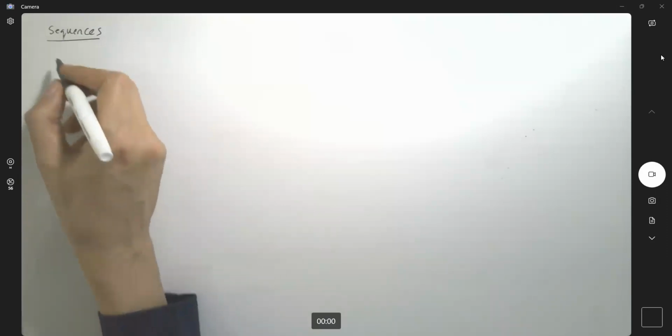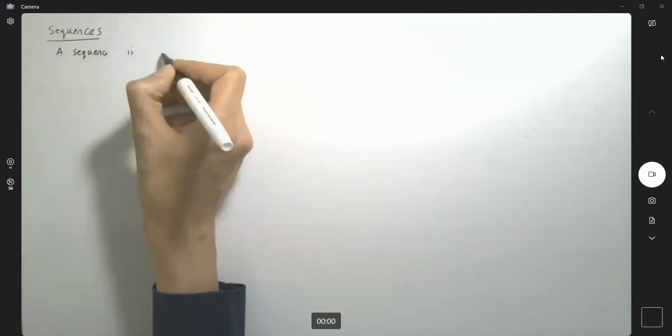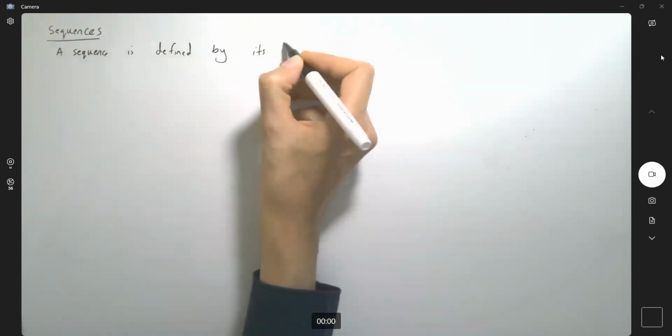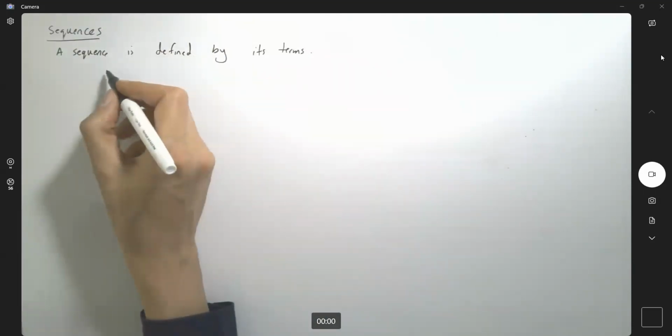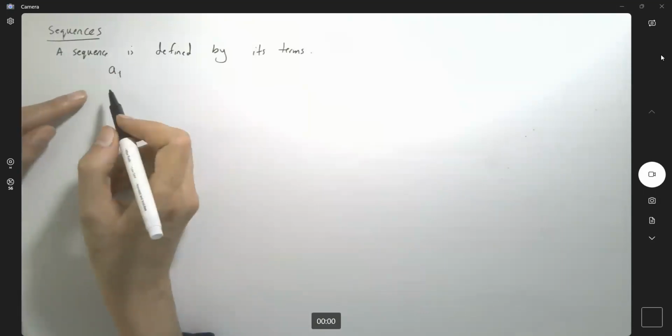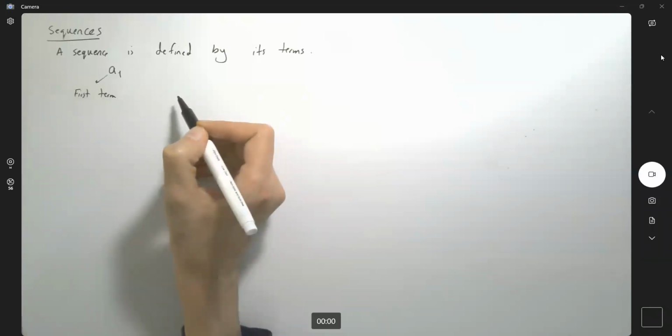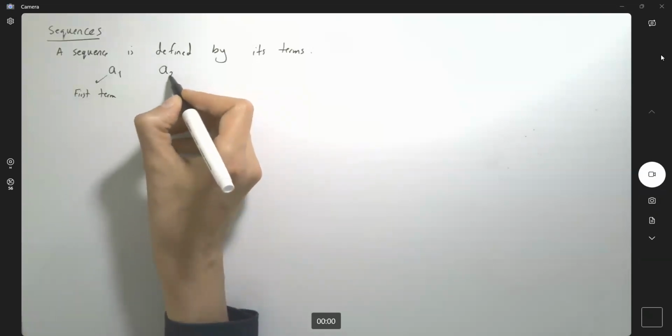So in talking about sequences in math, you can define sequences by their terms. A sequence is defined by its terms. For example, here we have a sub 1 that we call the first term of the sequence. After having the first term of the sequence, you can move on to the second term